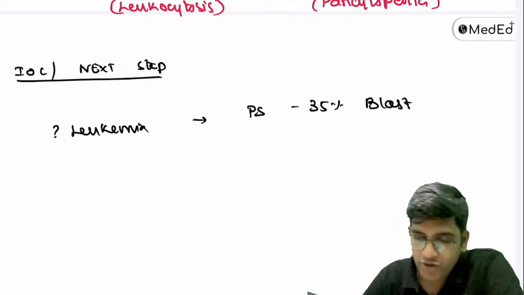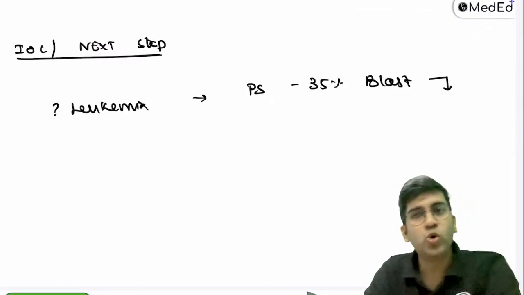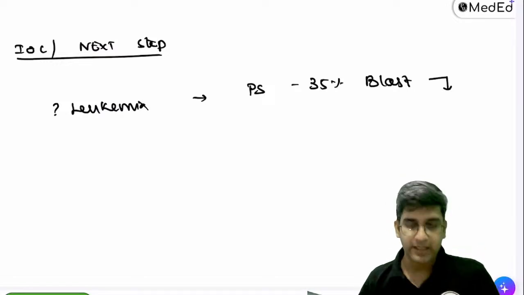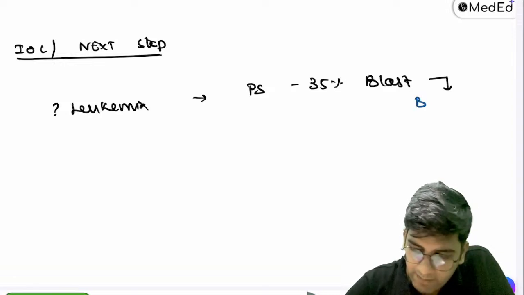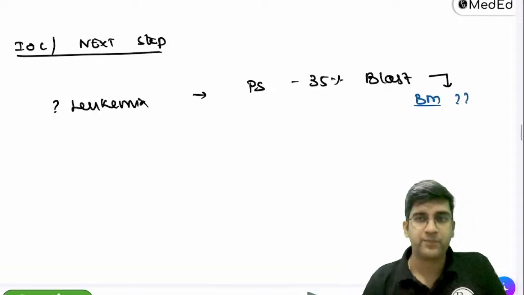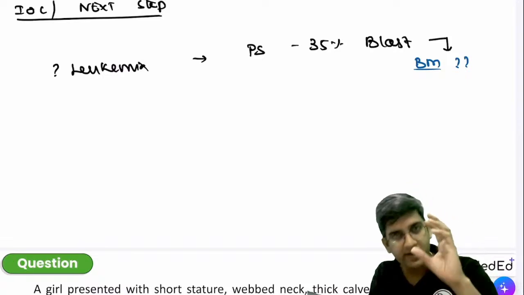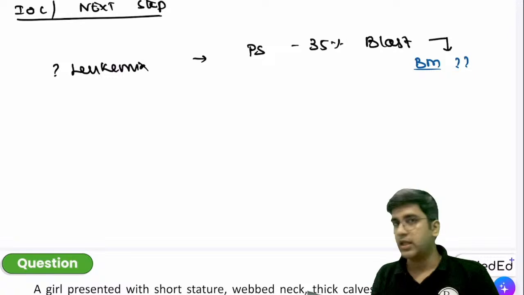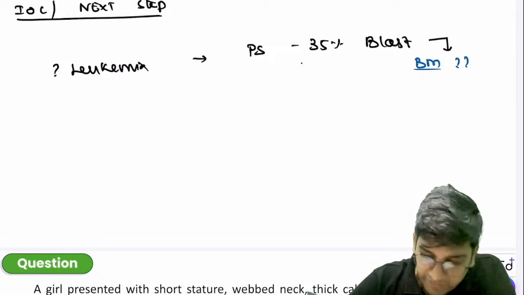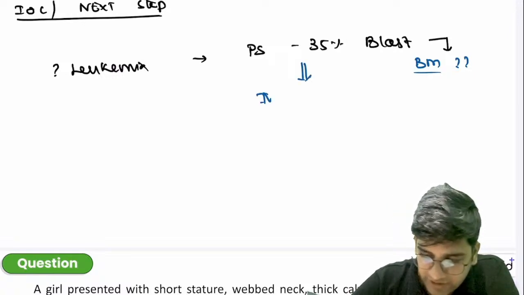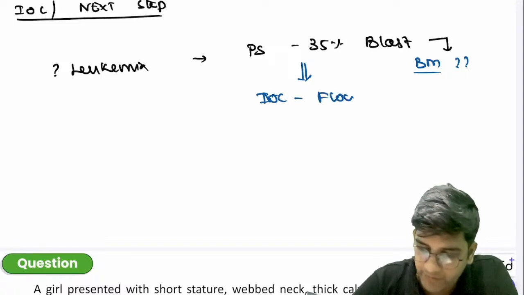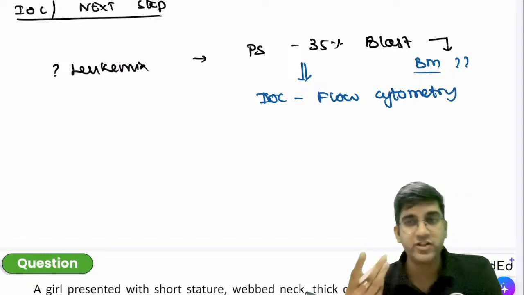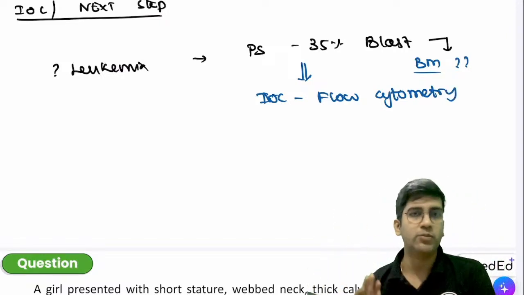Yes, right? So next thing is, will you do a bone marrow examination? Required, not required? I'll write BM for bone marrow. Is a bone marrow examination needed? Not needed. If I know by default with a peripheral smear it's an acute leukemia, do I need a bone marrow examination? I don't want a bone marrow examination, right? If it's sure in peripheral smear, the investigation of choice is flow cytometry. Don't do a bone marrow. If I can easily identify with peripheral smear, it is acute leukemia. I don't want a bone marrow, right?